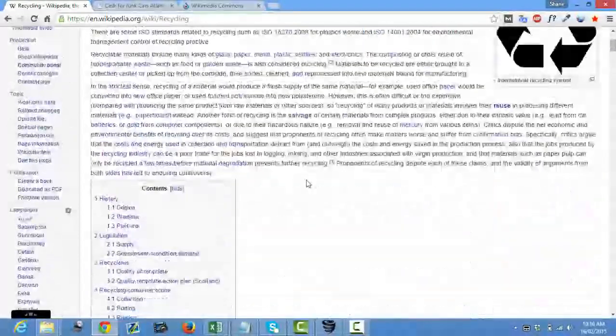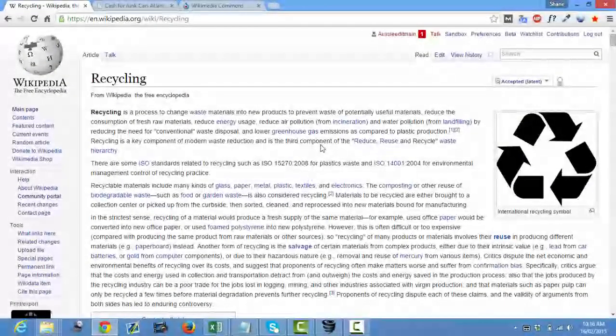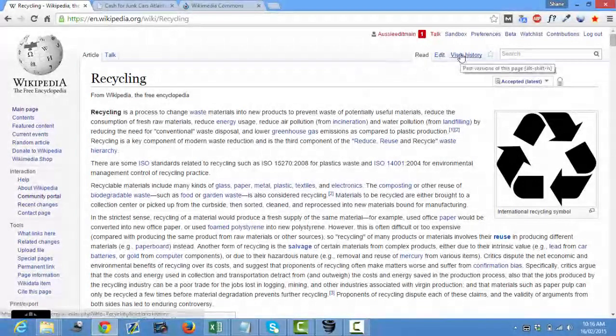So when I talk about an appropriate page to drop a link on, what I'm looking for are pages that haven't been edited frequently or aren't crawling with moderators or Wikipedia bots or overzealous sort of Wikipedia members who have taken a liking or a protective stance with a particular page. So if I look at this, I can almost guarantee that it is far too busy for me to drop a link on.